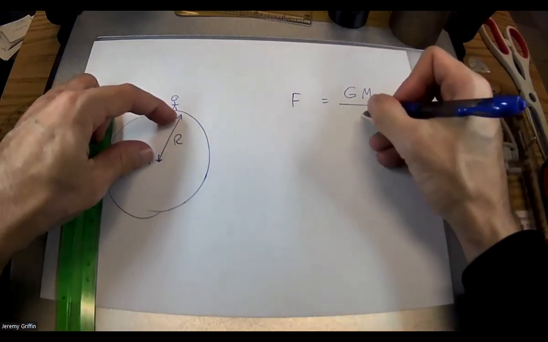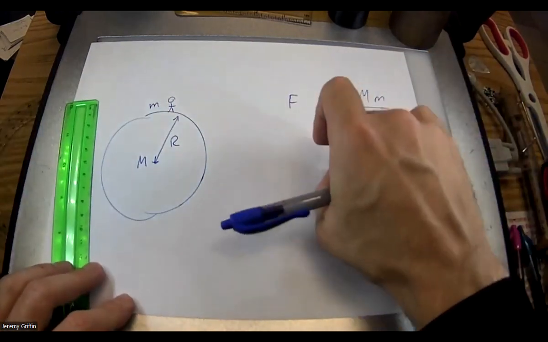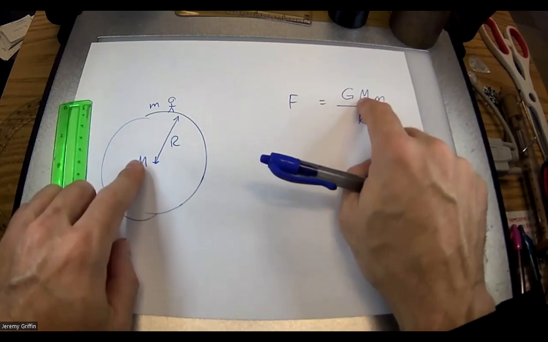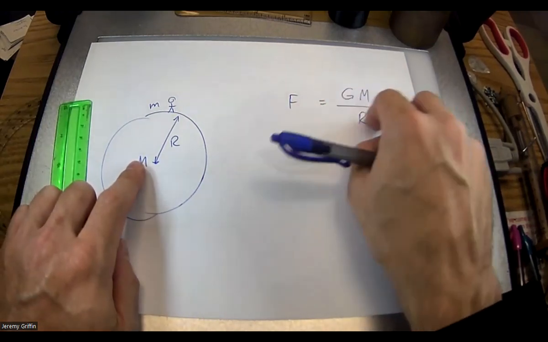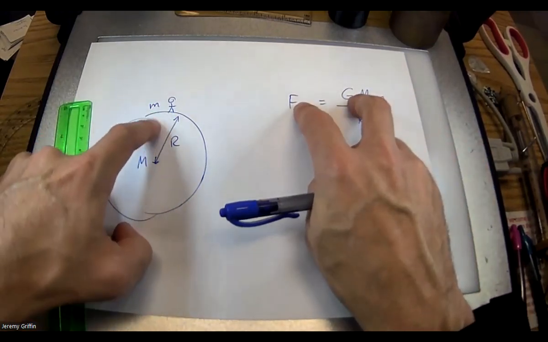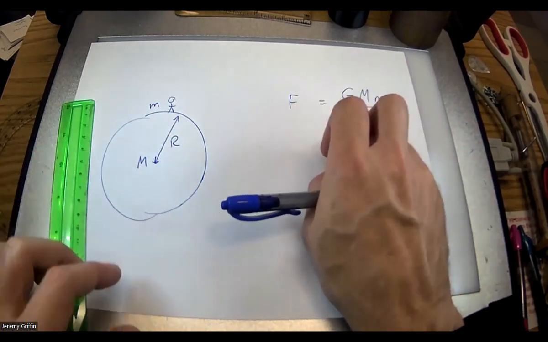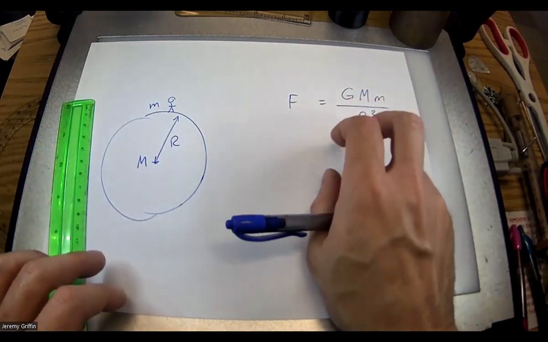We got the force of gravity is the universal constant times the mass of the planet times your mass divided by this distance squared. Right? Now the one you guys just did is, if the mass of the Earth increases, all these other variables the same, then your weight would also increase, right? Your weight would go up. Right?